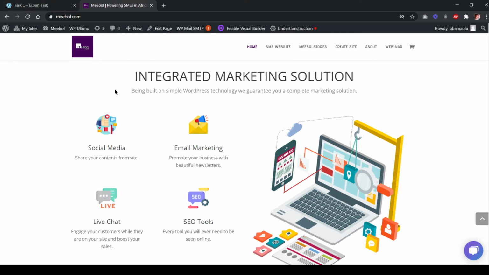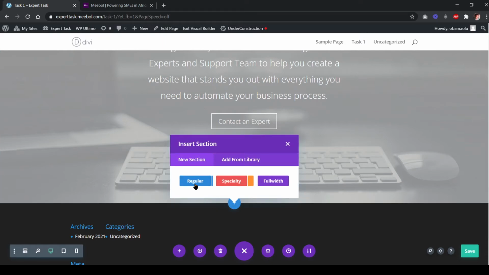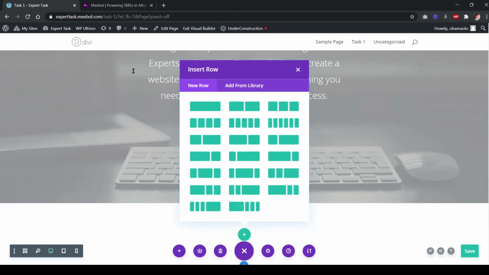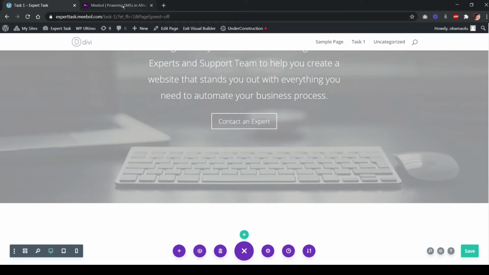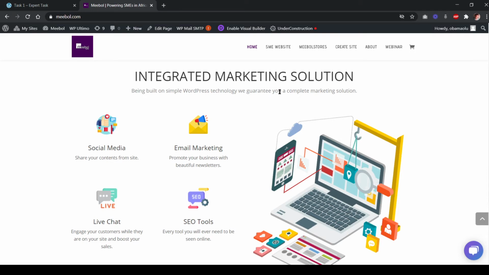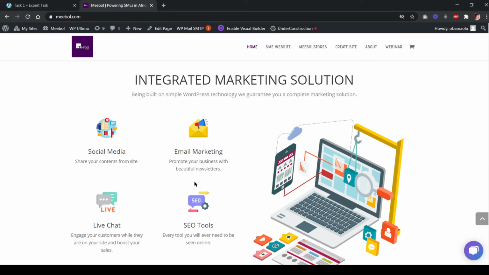Now this is another section here. So let me just briefly explain what you have to do here. Now this is a row on its own, and we have another row here, which has